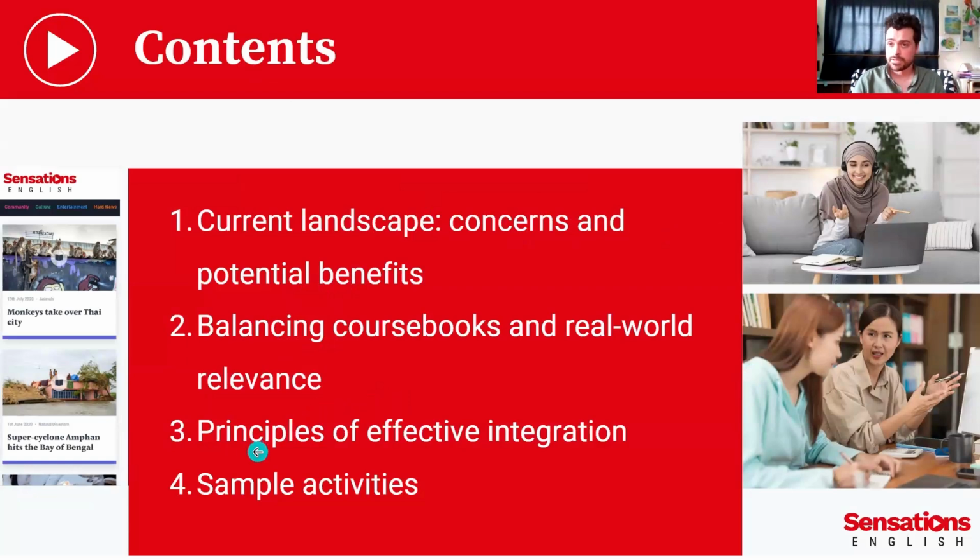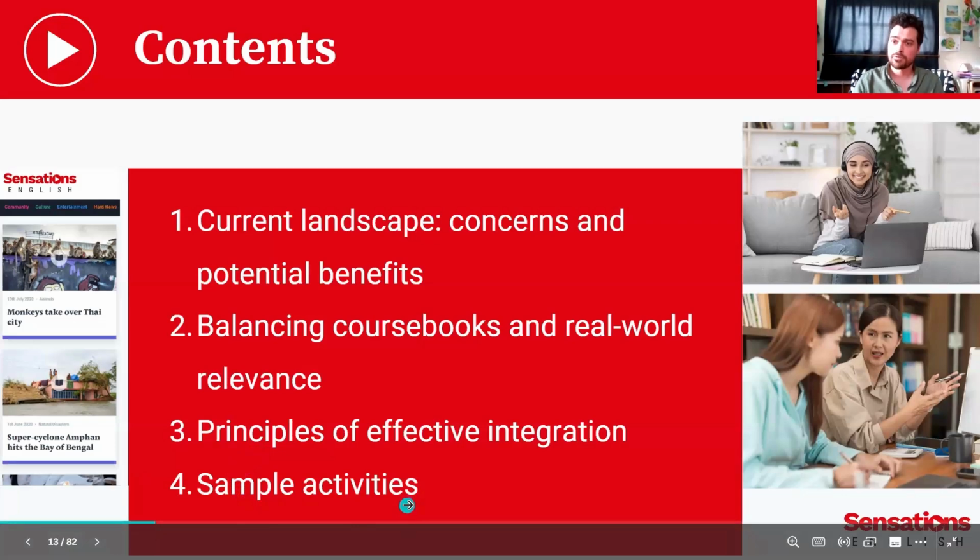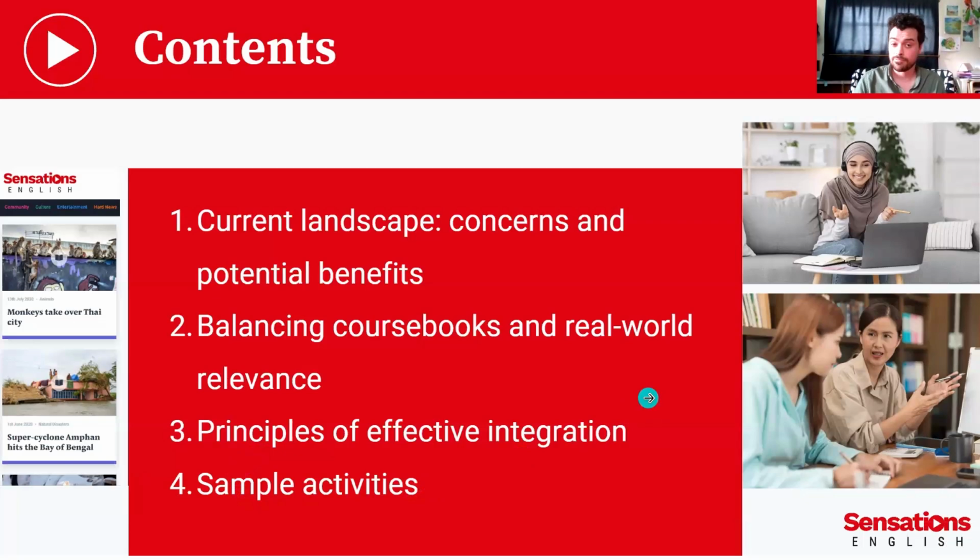And we'll talk about the principles for effectively integrating those digital resources into our classrooms. And finally, we'll go through some sample activities, and I'll ask you your thoughts of how you would integrate some digital material into your classrooms.